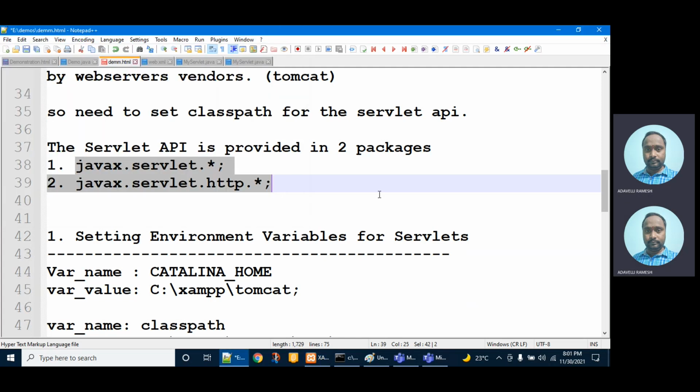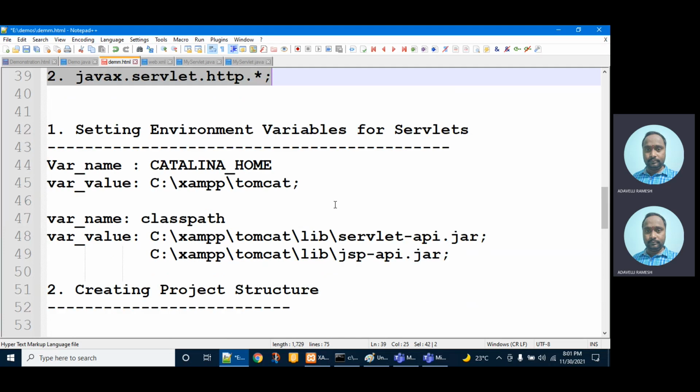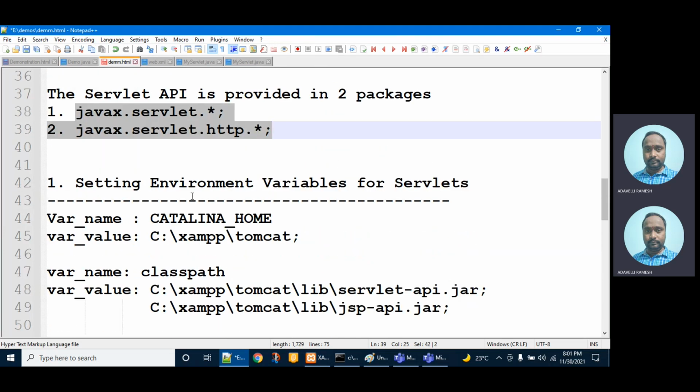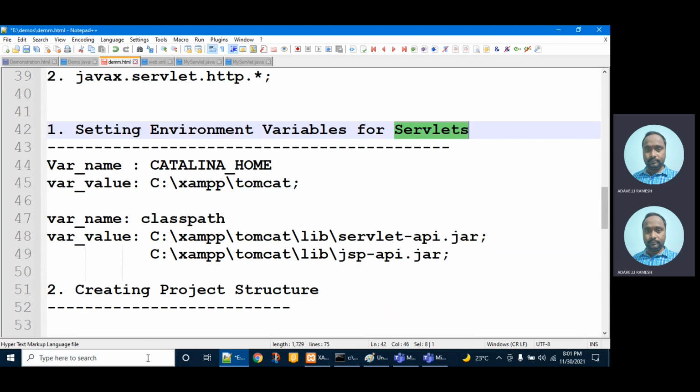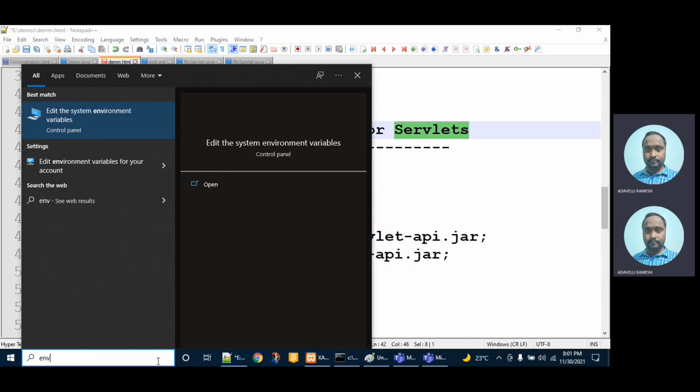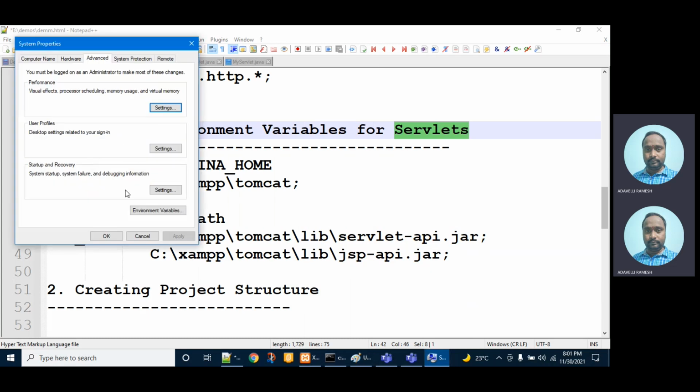After this, you need to do one more step, that is setting the environment variables. Because servlets are not part of the Java API, it is your responsibility to set the class path where the servlets are available. For that, you need to go to edit the system environment variables.